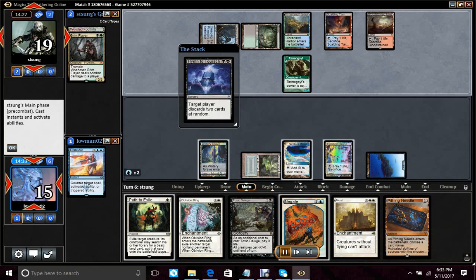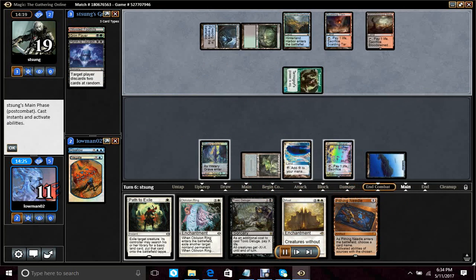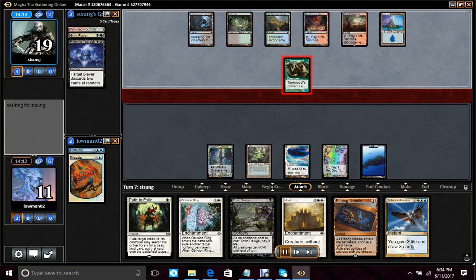She goes for Thoughtseize here. I oblige and use the Negate, because I don't want to lose my cards. I only want to lose one card, just 1-for-1 it. We do have an interesting secondary answer in Pithing Needle to the land as well, but I kind of want to save that for